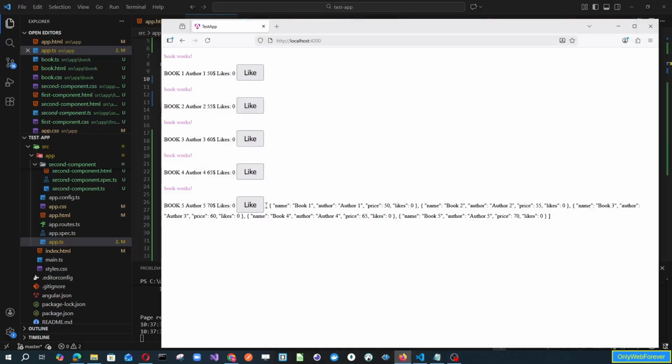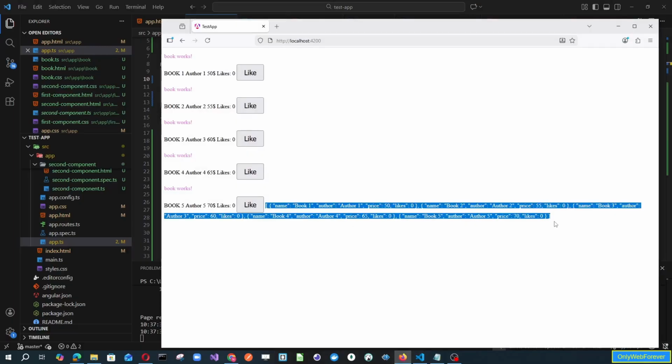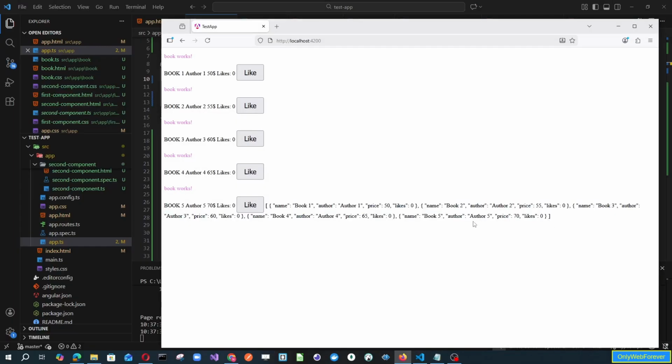We have now printed this array from the parent component. And let's check how this will be changed here. When we click like on book 2, this likes property will be updated also. This means that our two-way binding with the likes input property is working, and at the end we want to sort all these books,